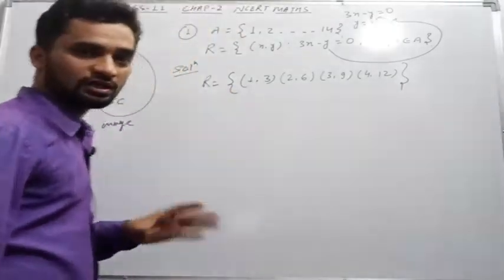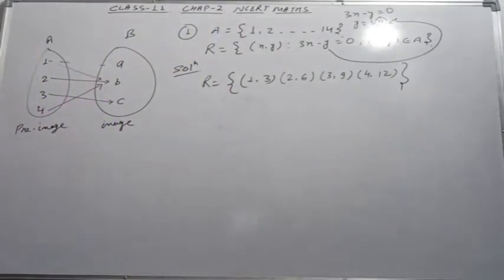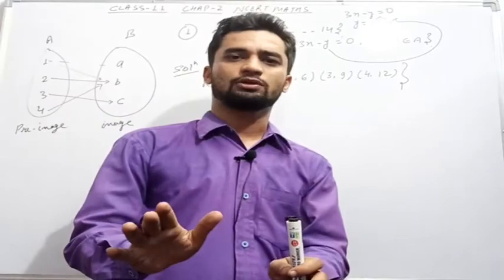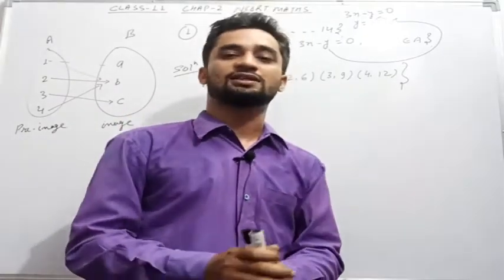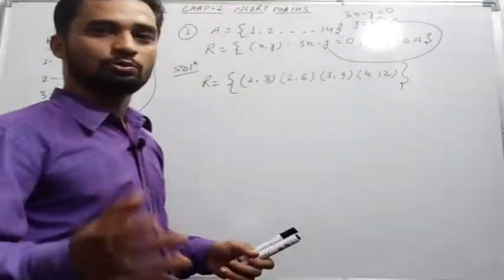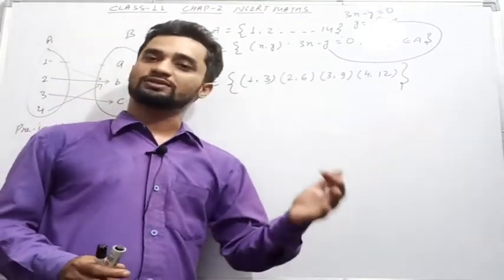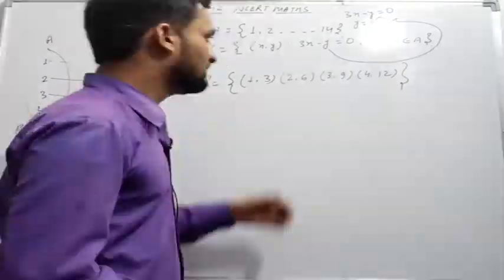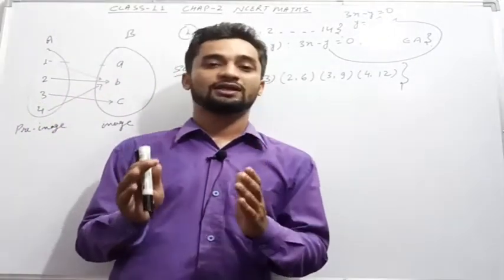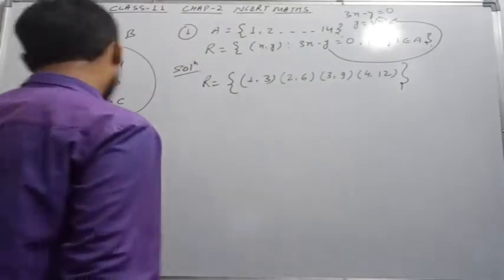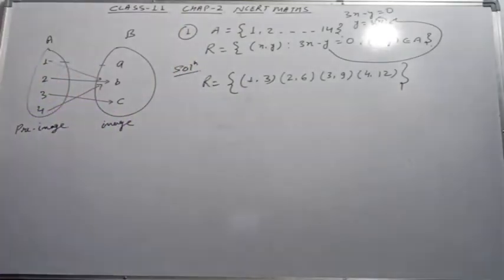Don't be confused. Now it is given: write down the domain, codomain. I am not going to explain domain and codomain, we are discussing relation. In the next video we will cover domain, codomain and range, and I will say what the domains, codomains and range are. So don't worry, here I am only getting R, the relation, and explaining relation. So I am finding out the R set only.